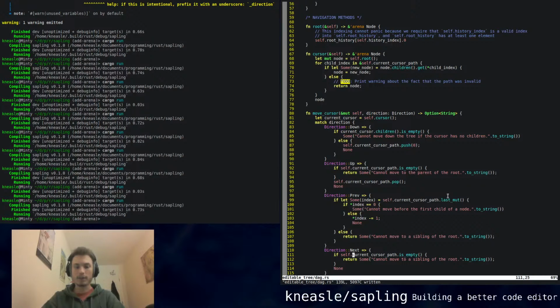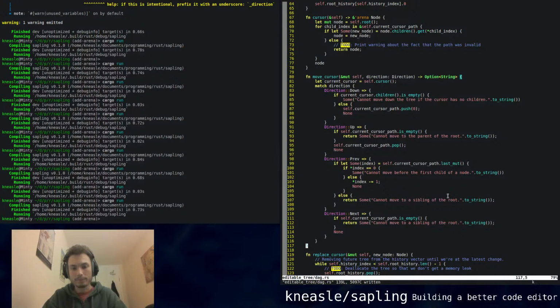So we can say if the cursor path is empty, then we just return an error message saying if the cursor path is empty, we must be at the root, and therefore we can't move it either way because the root is the root and can't have any siblings. And if it's not,